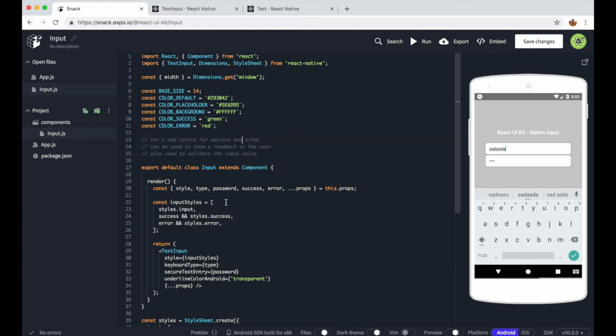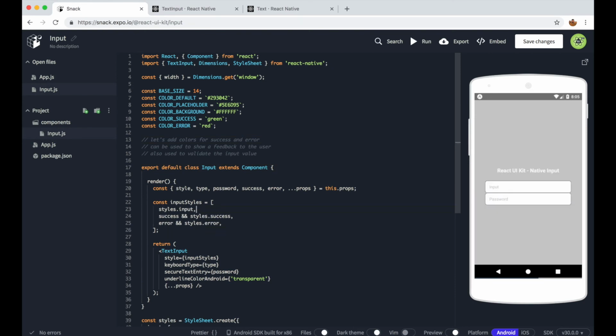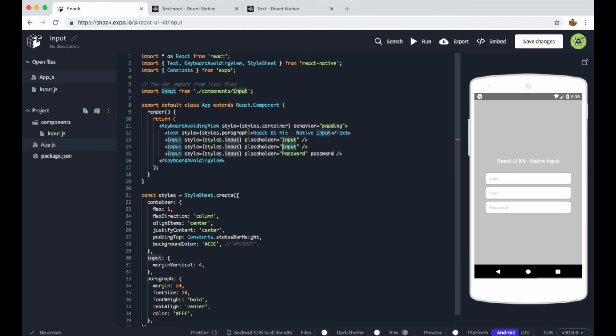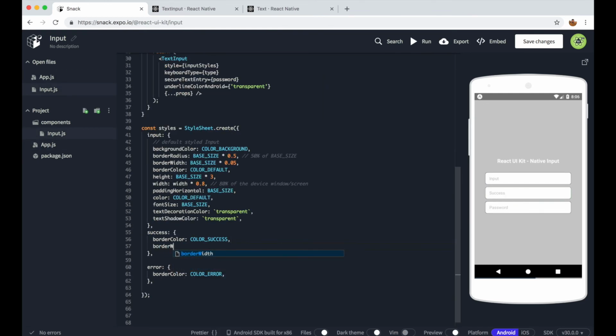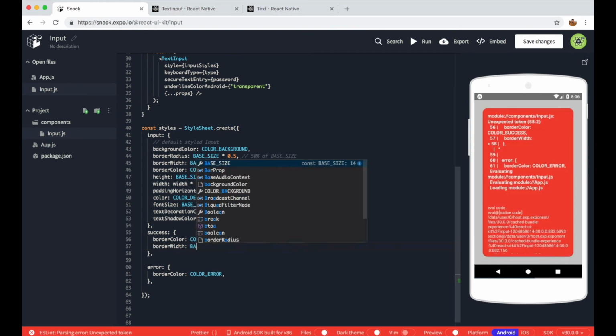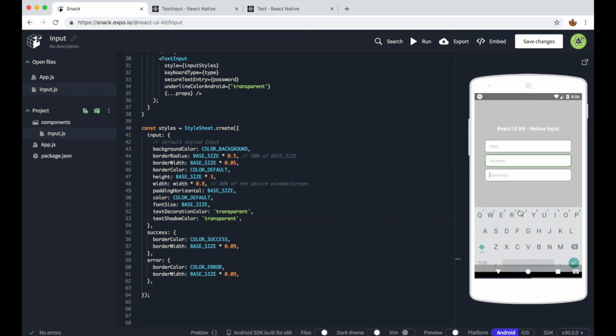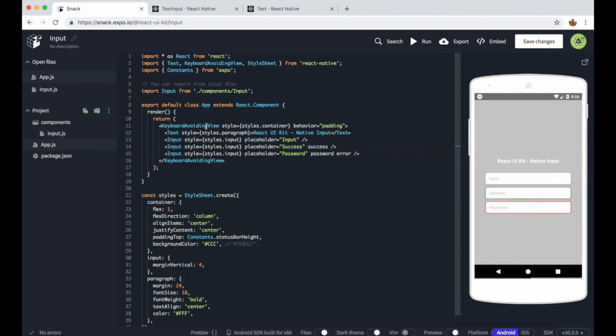As our inputs are stacked on each other, we need to add margin vertical, basically a top and bottom margin. Right now we are setting the border width. As you can see, much better now. So if we have a password and you need to validate that password,